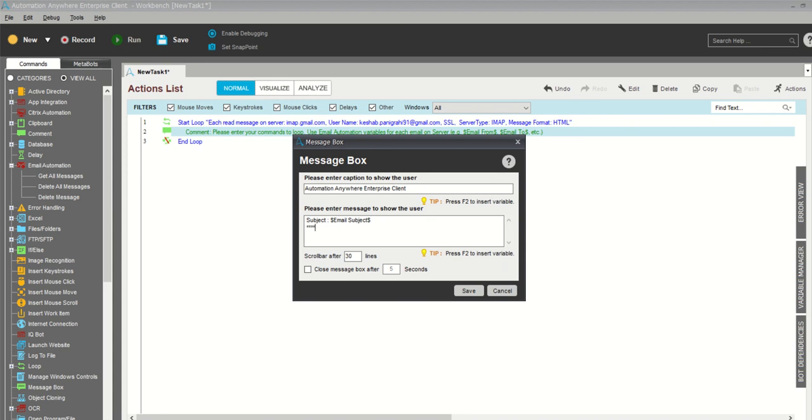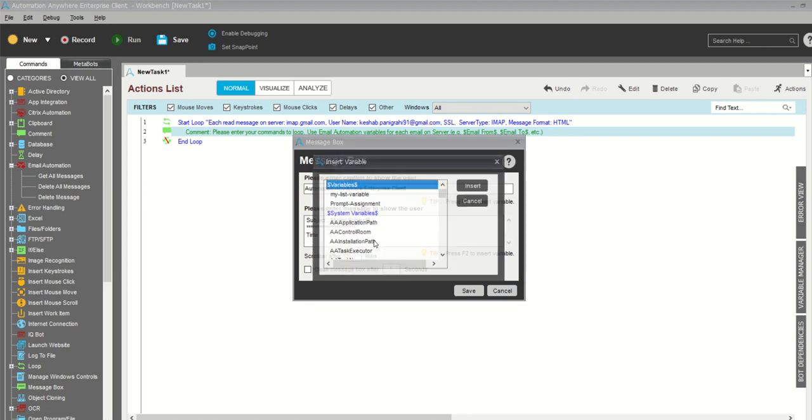So what else do I want to see? I want to see the time when I received those emails. So let me go to F2. This is the system variable. You can see there are defined variables, so you need to use this one. You don't have to create any personal variable. So my receive time,